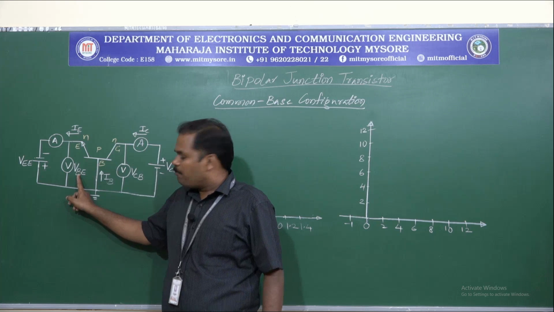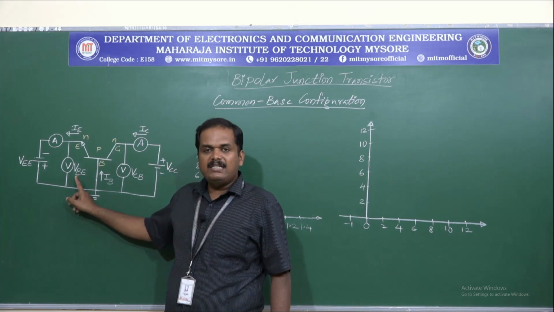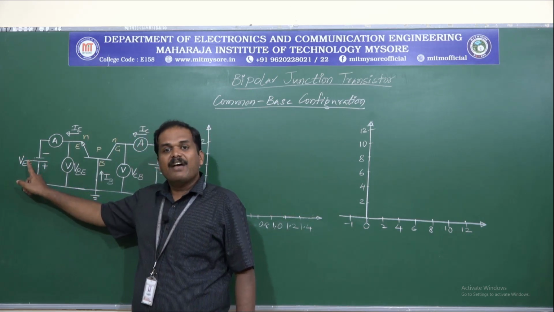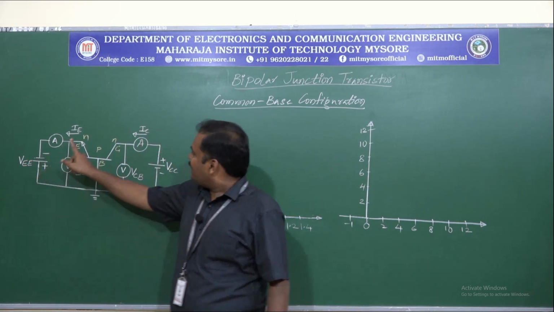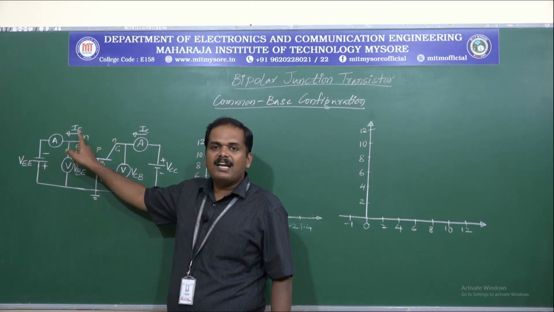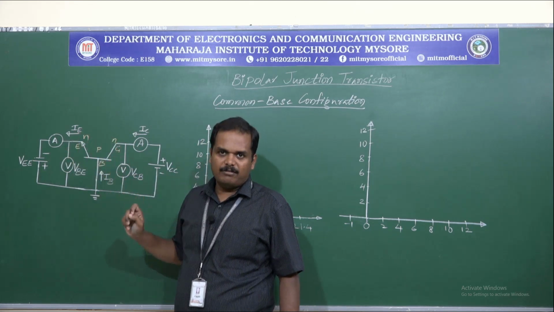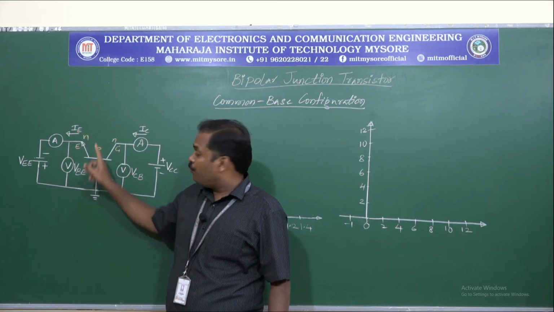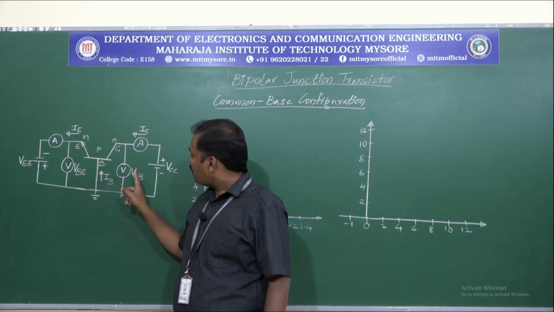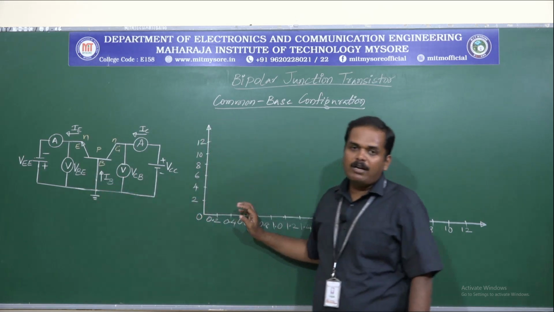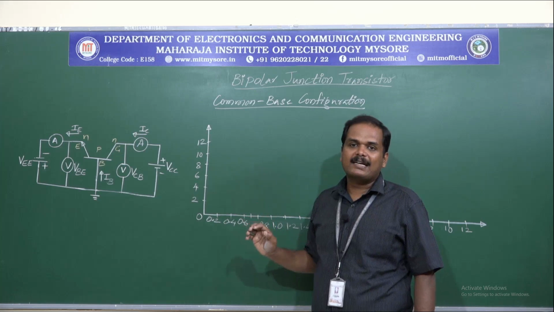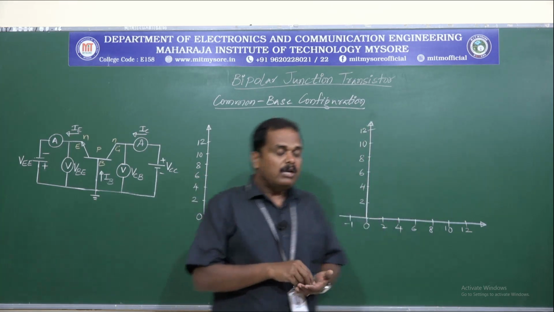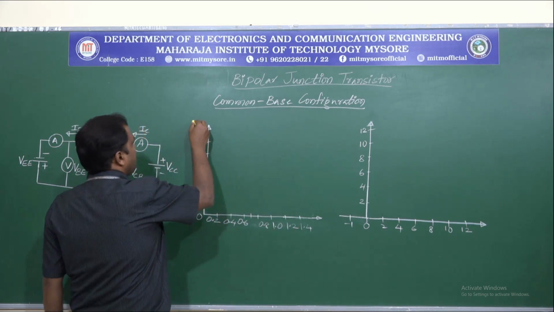Then we'll vary the base to emitter voltage in steps of 0.1 volt by varying the supply voltage VEE, and the corresponding change in the emitter current IE will be noted down. And the variations in IE with respect to VBE for a constant VCB will be plotted, and that will be the input characteristics of the common base configuration. So here the input characteristics is